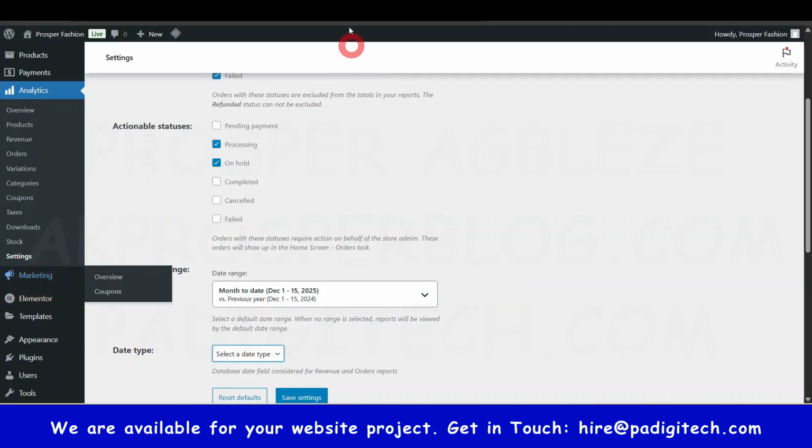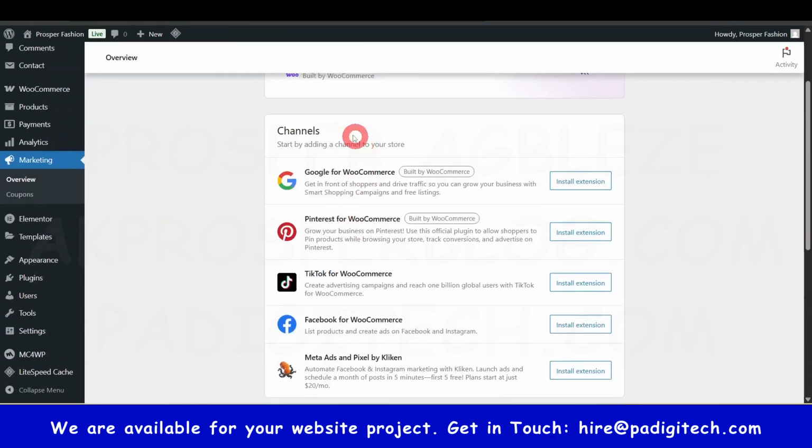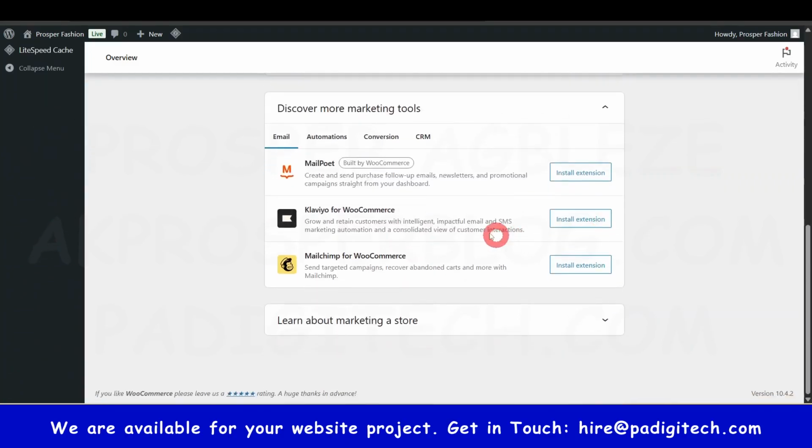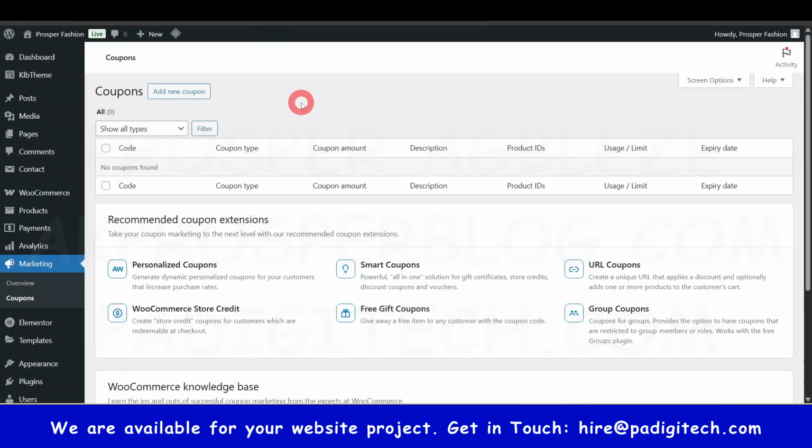All right, so the next one is marketing. Under marketing, we have overview and coupon. The overview is more like an upsell of some other extensions and plugins. But let's go to the main one, which is coupon. If you come to marketing and click on coupon, this way you are going to be able to create your coupon. So we have add new coupon. Once you click here, add coupon,